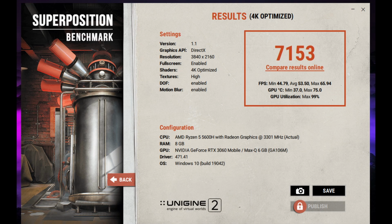Okay, so here's the results for the Superposition benchmark. We've got a score of 7153. Maximum temp on the GPU was 75. GPU utilization was 100% basically. An average of 53 frames per second, which to be fair isn't bad considering this laptop is kind of middle of the road. It's a 3060. It's not anything more than that, and it was running obviously at 4K under the DirectX graphics API. Yeah, it's a Max-Q variant, which I don't think there is any other variant, but 3060 Max-Q I think did